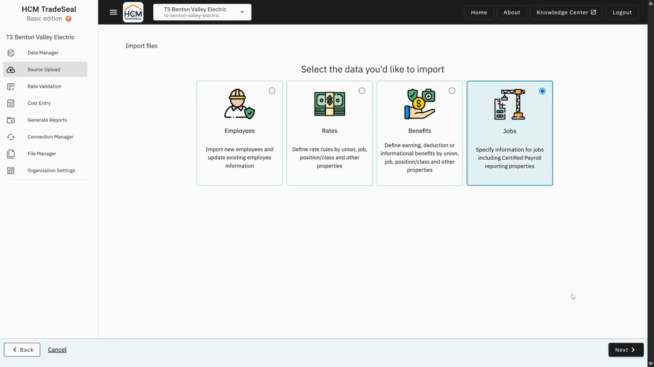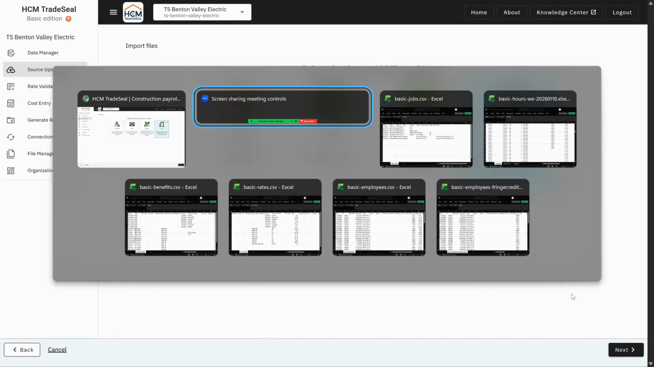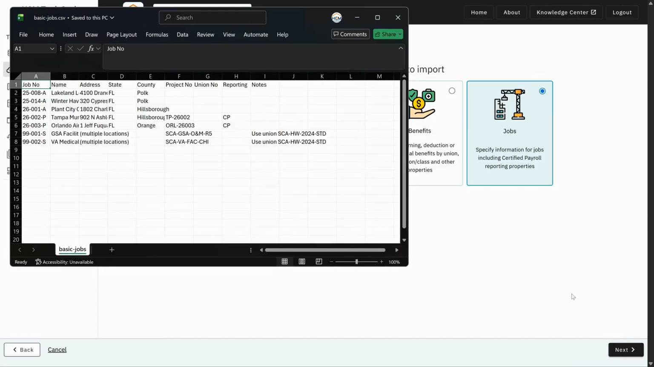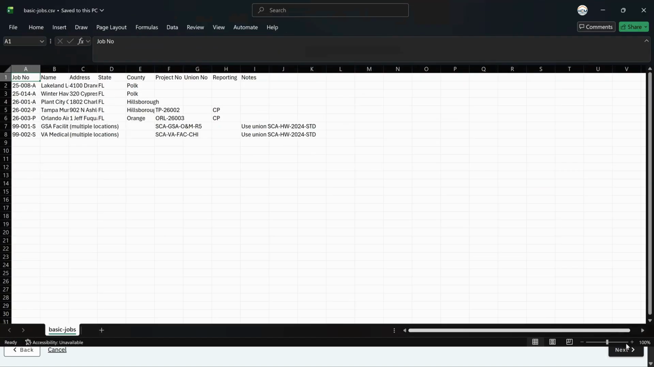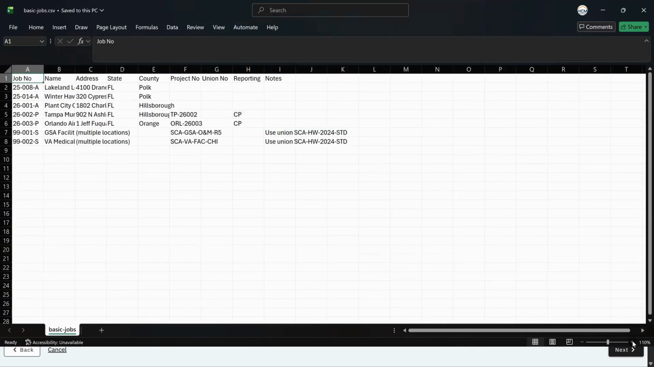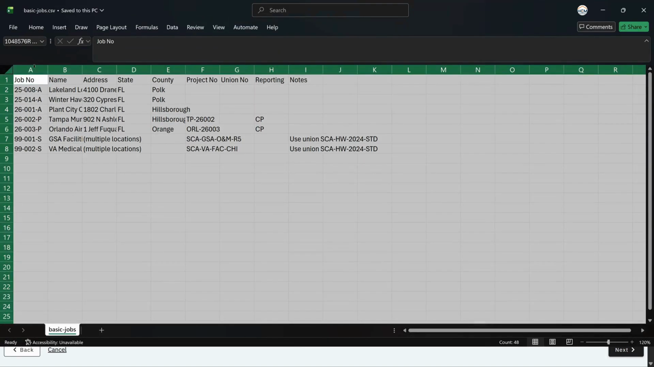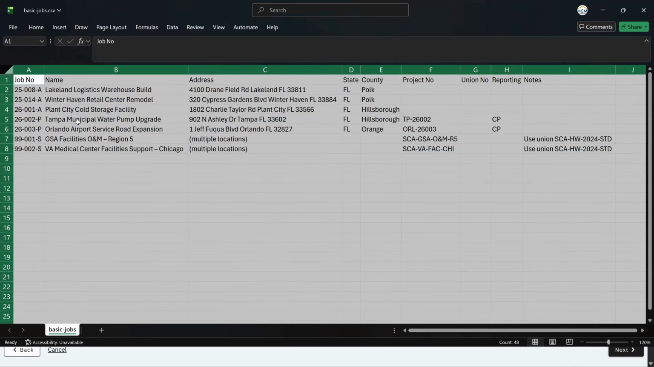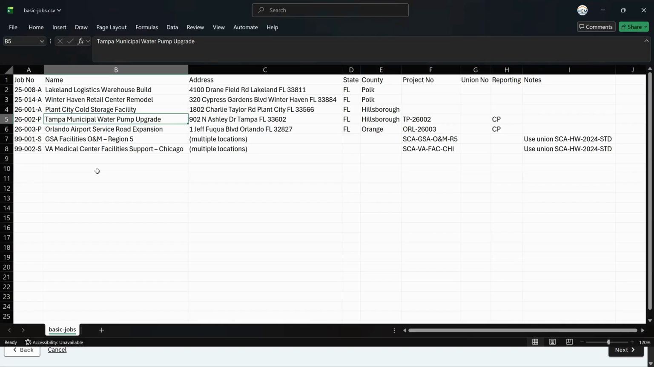Now, in order to do this, I've prepared some data. And let's talk a little bit about these data. I'll make these bigger and I'll also expand my columns. So these are some example jobs that we're going to imagine for Benton Valley Electric. We've got job numbers, names, addresses. We're imagining that they're all going to be in Florida. We've got different counties,